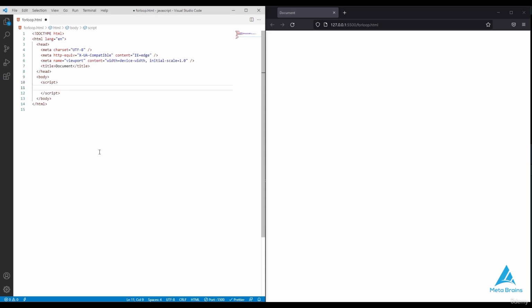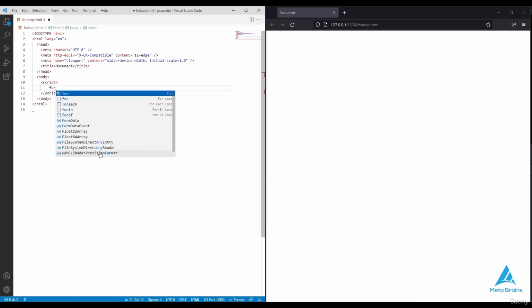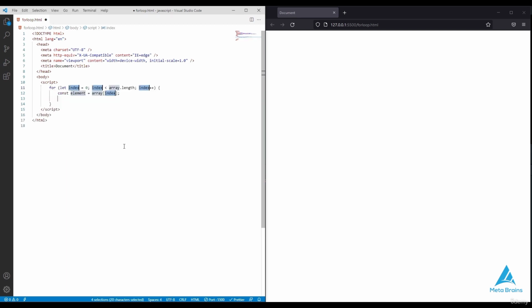Alright, so let me create a syntax of the for loop, and as you can see it automatically shows all the syntax of the for loop in my VS Code. So the benefit of VS Code is obviously, as you can see, that it generates the syntax for us. So it does lots of the hard work for us. So we just have to click on some predetermined syntax which VS Code offers to us. Alright, so now I'm removing this,